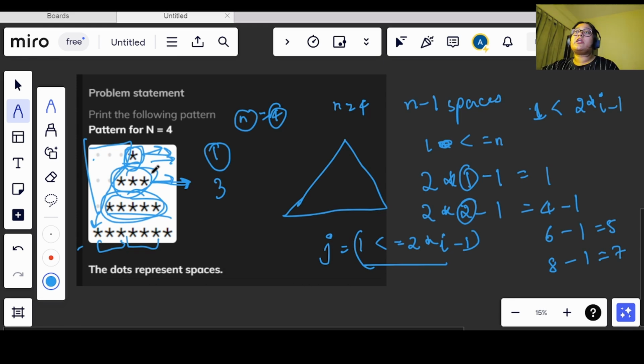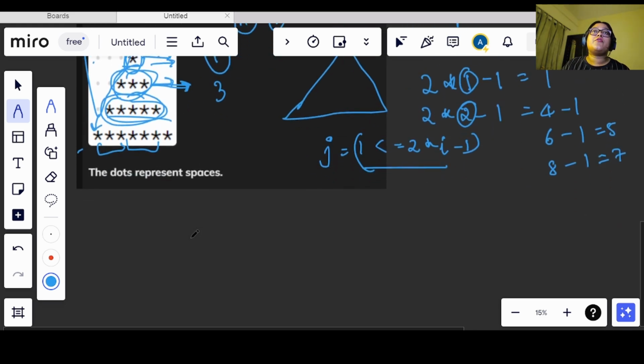So now let's move forward and see what we will do. First we need to print the spaces, right? And this space, let's say I am using k to represent the number of spaces. It is starting from n minus 1 and going till 1.